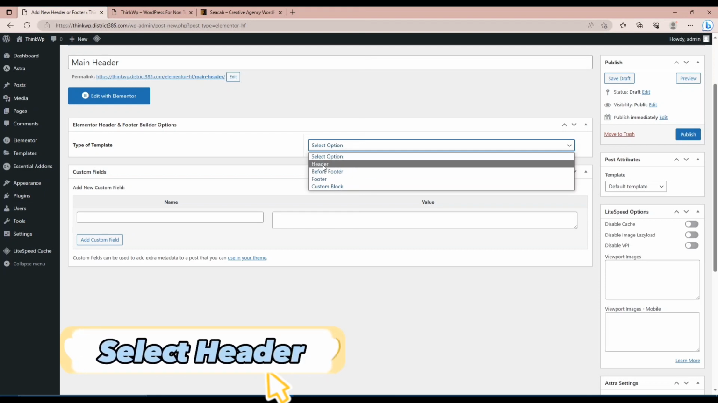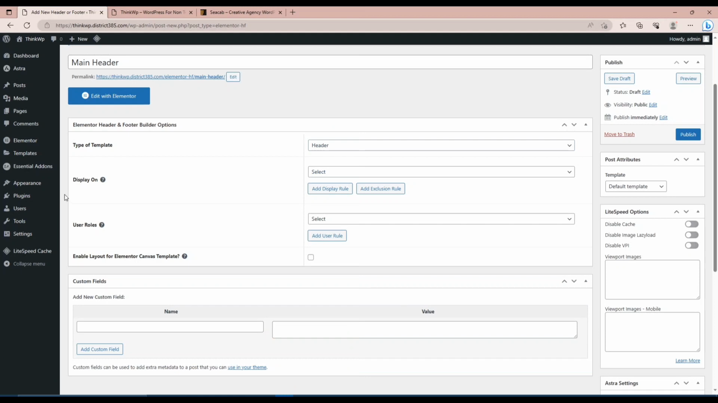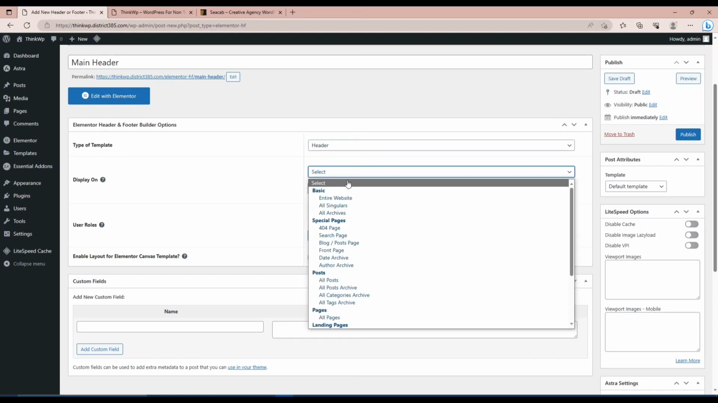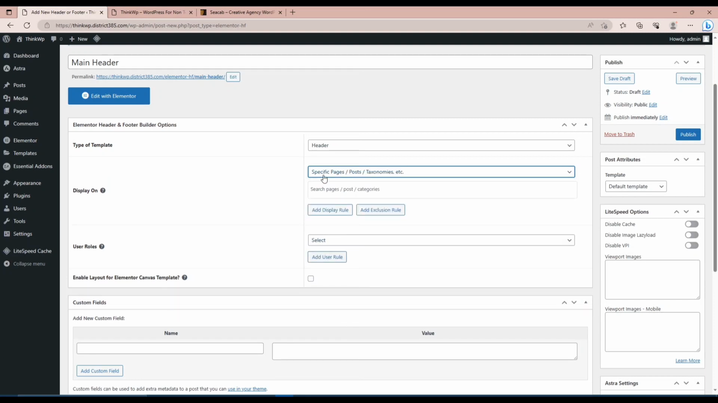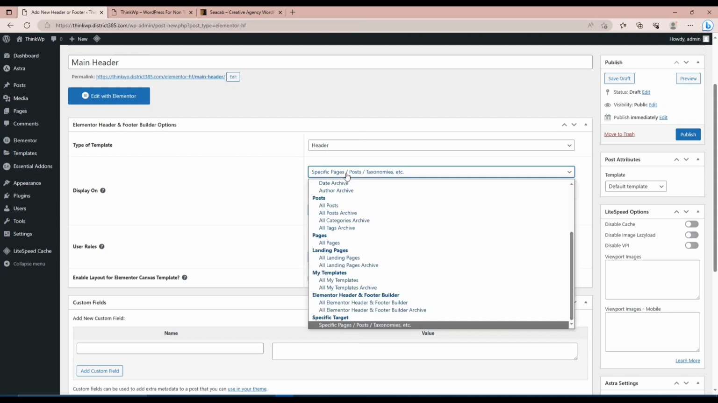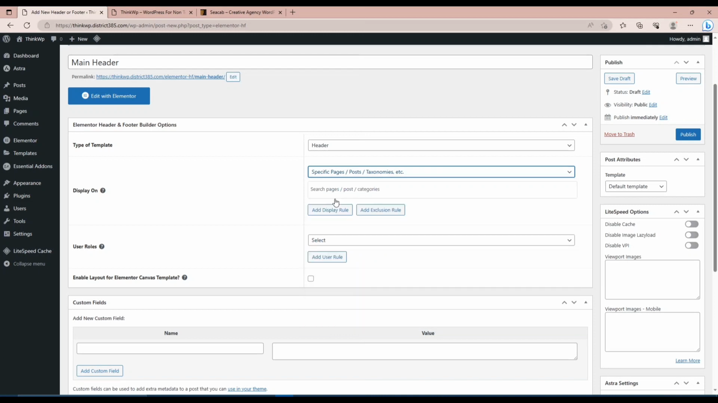So you click on the header and then display on. Basically, you can add display rules. You can display it on specific pages. Maybe you want to have different headers display for different pages. You can just do that by clicking on specific pages and then input the name of your page here. But since this is just a sample, we are going to display this header for the entire website, and you can even